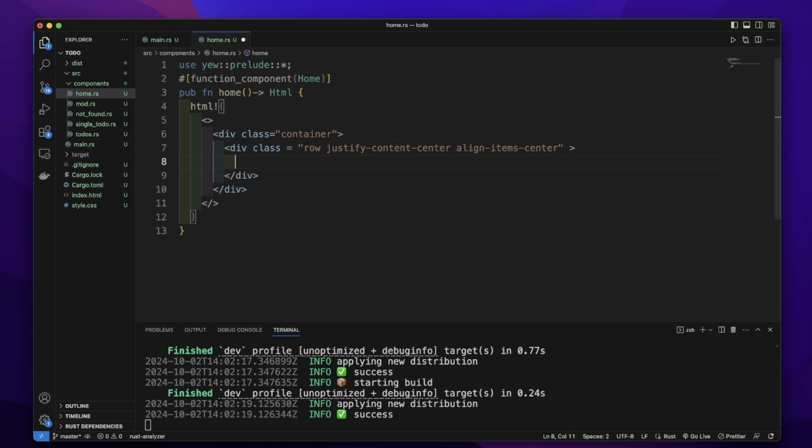In this div, let's add another div. Let's add a class col-8. So it will decide this div element's width. Let's close this div. In this div, let's add an h1 element. Let's render the content: welcome to the world's best